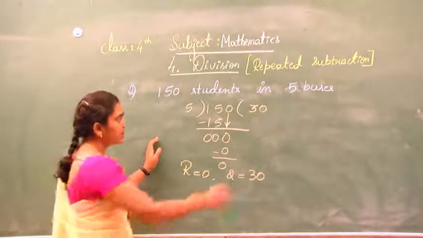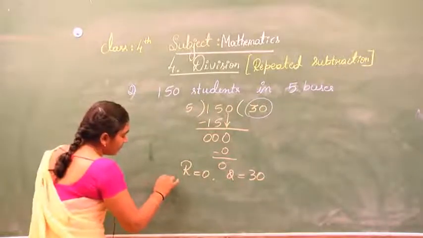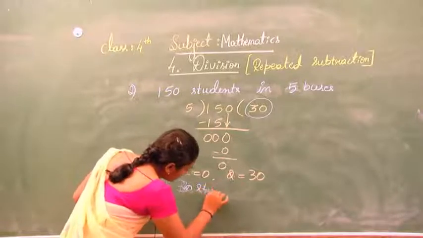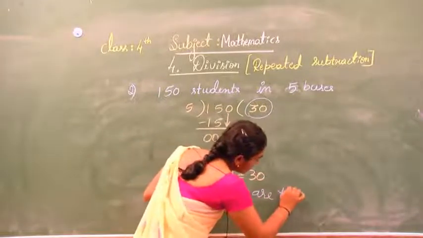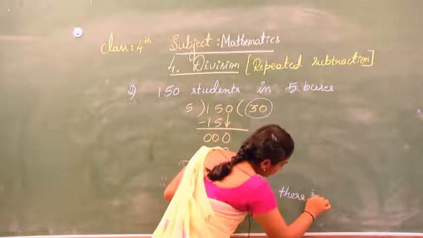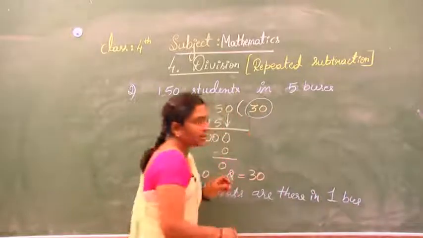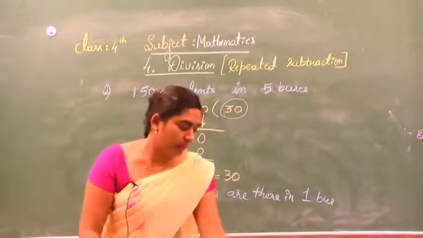Now tell me how many children are there in one bus? There are 30 students in one bus. So therefore 30 students are there in one bus. Or else you can write 30 students are there in each bus. Coming to the next one,